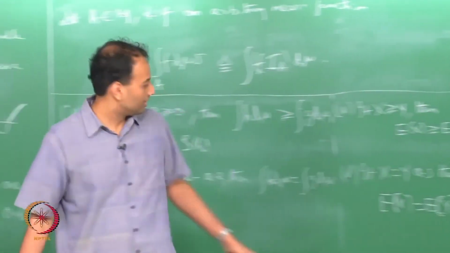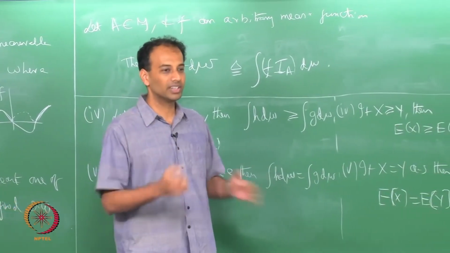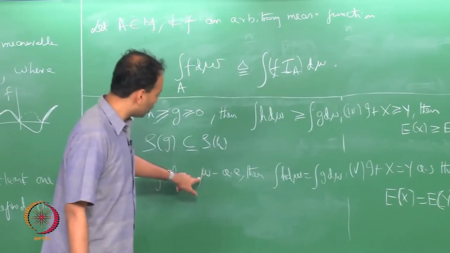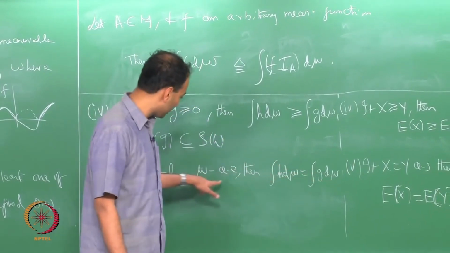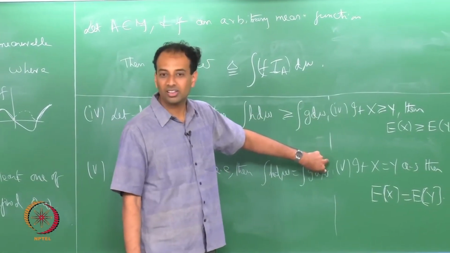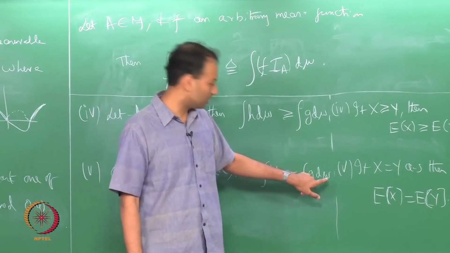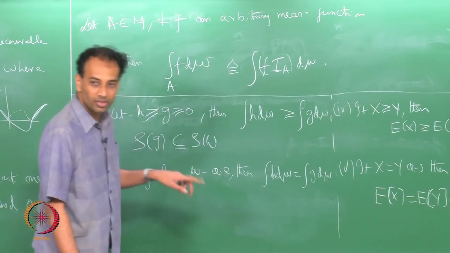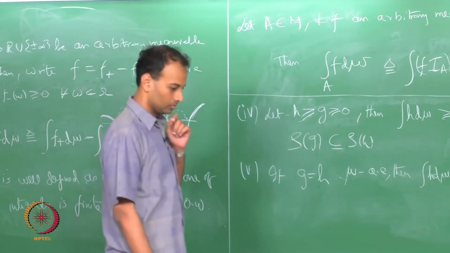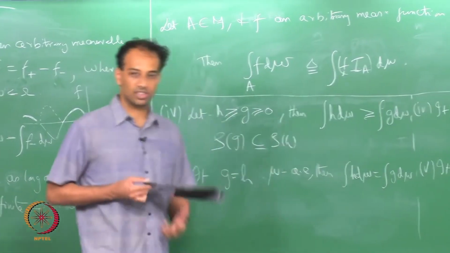So colloquially this property can be stated as: if you change the value of the function on a measure 0 set of points, the integral does not change. But both these mu's should be the same. If they differ only on a set of mu measure 0, then the integral with respect to that measure will not change. You cannot have a Lebesgue measure here and some other measure there, that does not work. This measure and this measure must be the same. And similarly, if two random variables are equal with probability 1, then the expectation of X is equal to the expectation of Y.